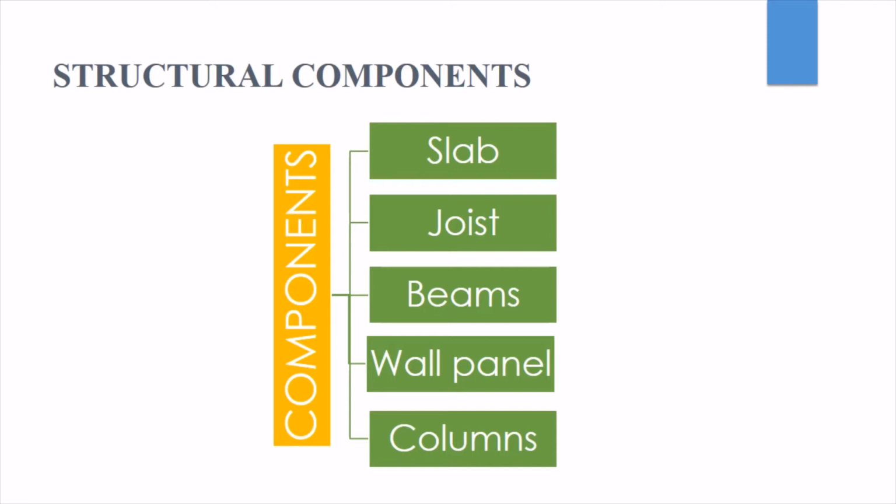And then wall panels. Wall panels are nothing but what acts as a structure here. Previously we used bricks or other hollow bricks, which are referred to as a wall. It covers the outer surface. In this case the concrete is used and the wall panel is prepared. How it behaves we will see.